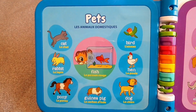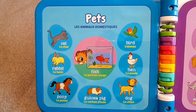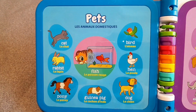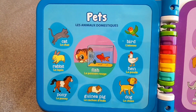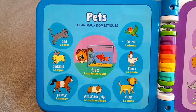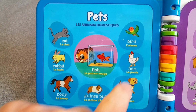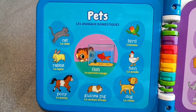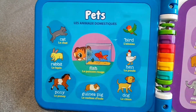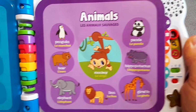This cat climbs. This rabbit jumps. This pony gallops. Roar! Ooh, this fish is swimming. This guinea pig walks. Our class pet is a guinea pig. This bird flies. This hen walks. This dog is walking. This giraffe is...